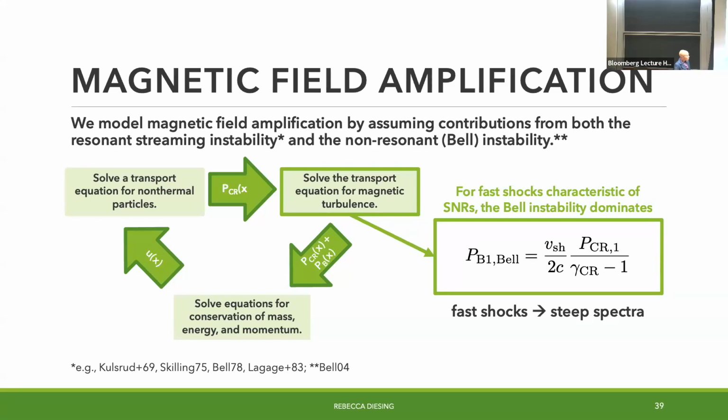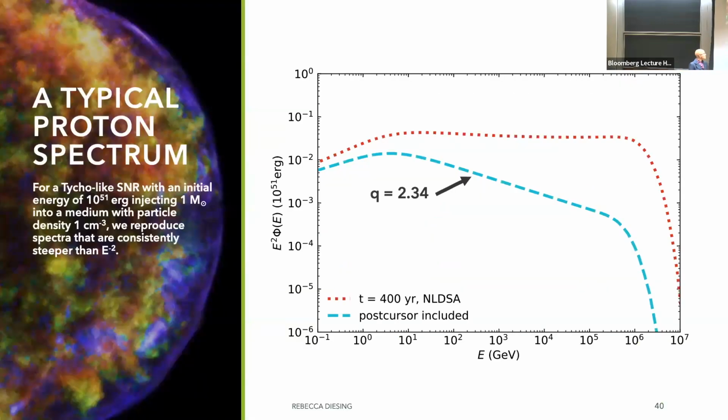So first, let's make sure that we get something that works for a regular run-of-the-mill supernova remnant. So this is a Tycho-like supernova remnant. This is a well-behaved Type Ia expanding into a relatively uniform medium, and it's pretty spherical looking. And what we find is if we include the precursor, you go from an E^-2.5 spectrum, with that slight concavity, to something that goes as E^-2.3, 2.4, which happens to be exactly what you have inferred from the real Tycho supernova remnant. So it seems like we're right on the money here.